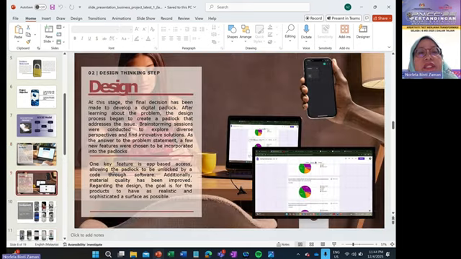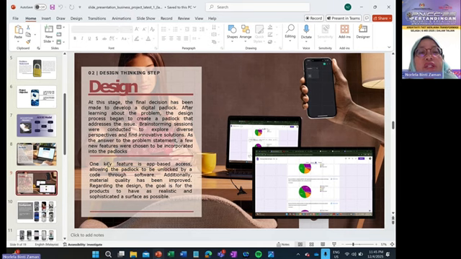Design. At this stage, the final decision has been made to develop a digital padlock. After learning about the problem, the design process began to create a padlock that addresses the issue. Brainstorming sessions were conducted to explore diverse perspectives and find innovative solutions as the answer to the problem statement.